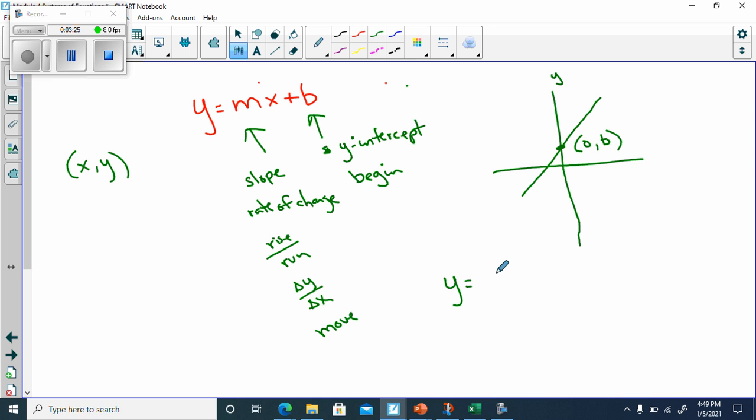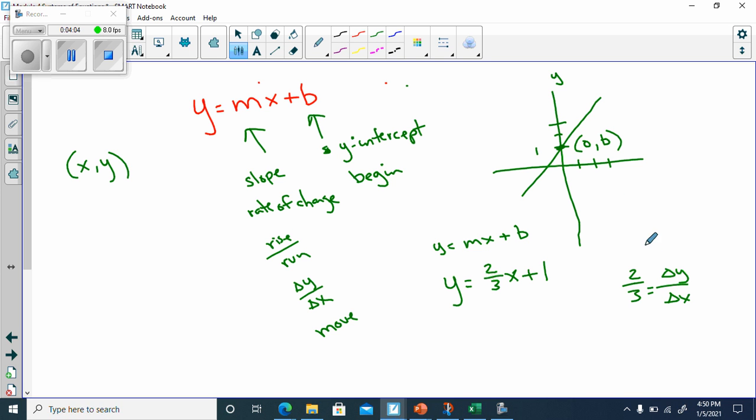So what am I talking about here with move? If we had a linear equation, let's say y is equal to 2/3x plus 1, okay? And let's say right here we're at 1. B is where we start, okay? You can see this is y is equal to mx plus b. B is where we start when we plot. This is at positive 1 unit above the origin on the y-axis. Then our slope, 2/3, would be our rise over our run, our change in y over change in x. So from here I would go,